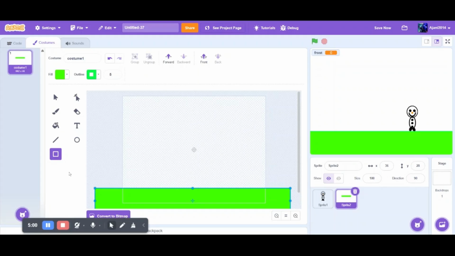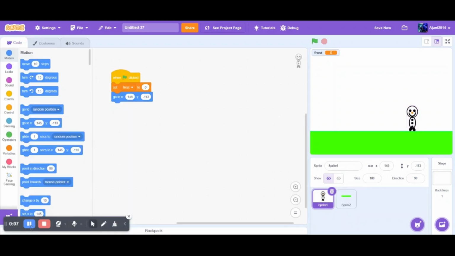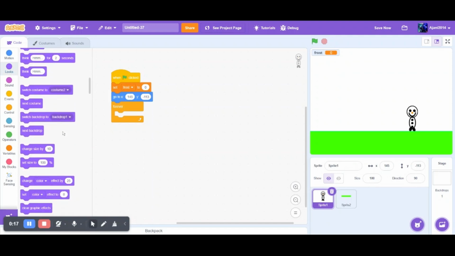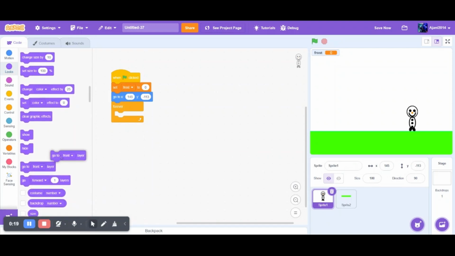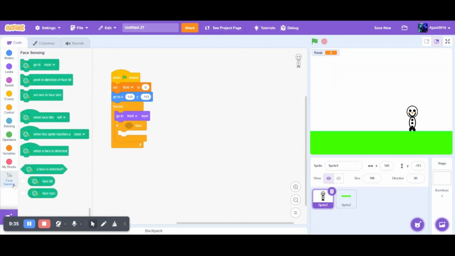Okay, so let's continue. So now that we've got that, we need to just go back to Olaf and finish off some code with him. So now we need a forever loop. Go to control, bring in a forever loop, then go to looks, and we need Olaf to go to front layer. So now Olaf is in the front layer. So now go back to control, and under the go to front layer, bring in an if, go to face sensing, so we're checking